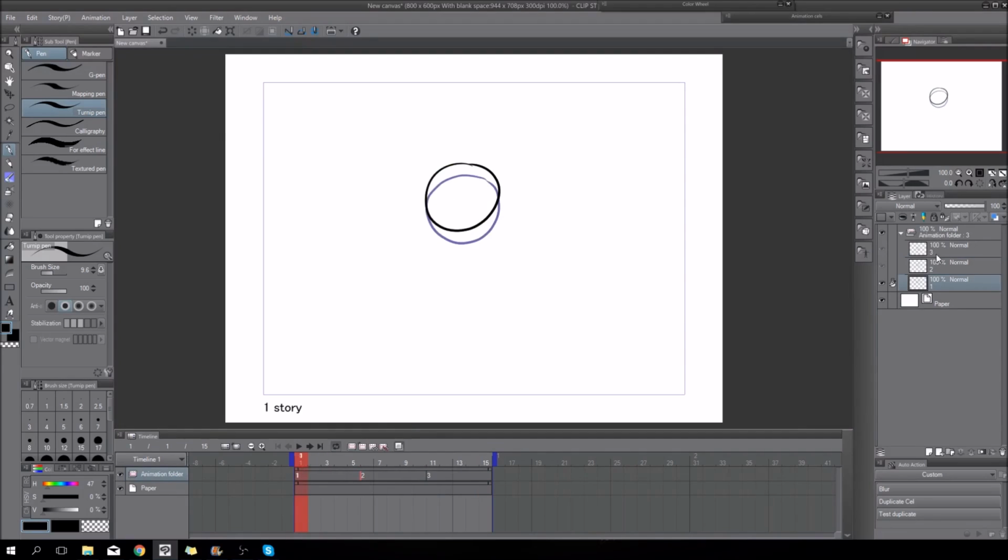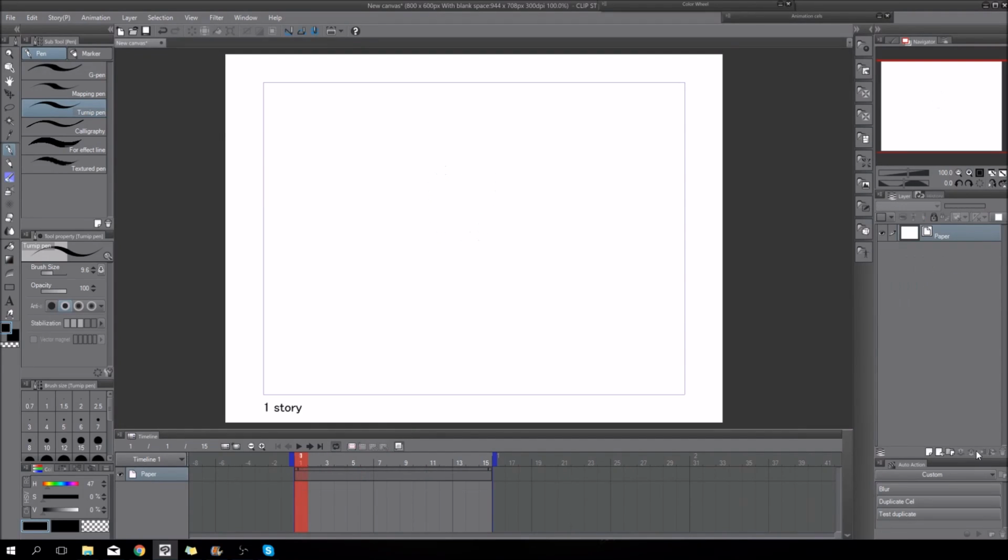So let's say I have a more complex animation. I'm going to delete this animation layer, and let's say I want a character waving at me. I have a character, and I want to animate just one arm of him. I'm not going to animate the whole character.